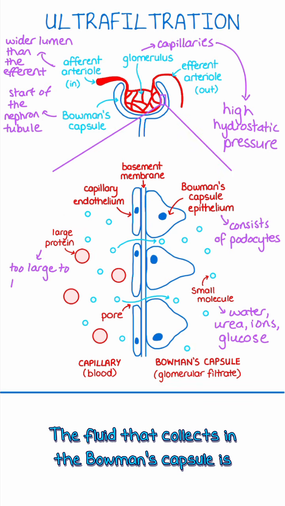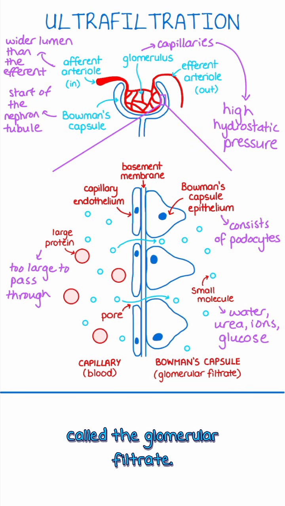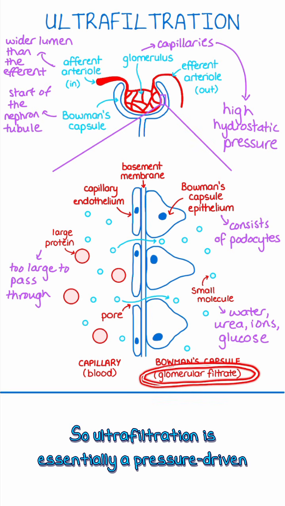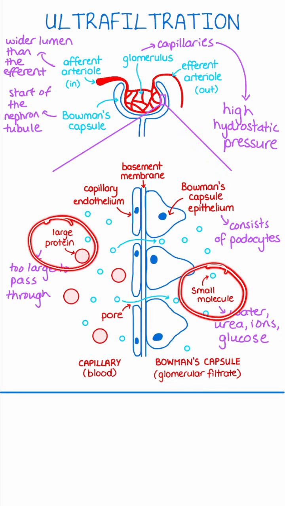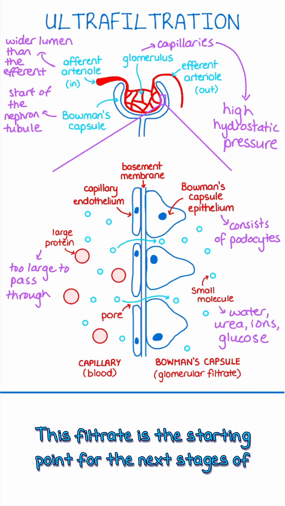The fluid that collects in the Bowman's capsule is called the glomerular filtrate. So ultrafiltration is essentially a pressure-driven filtration process that separates small molecules from the larger components of the blood. This filtrate is the starting point for the next stages of urine formation in the nephron,